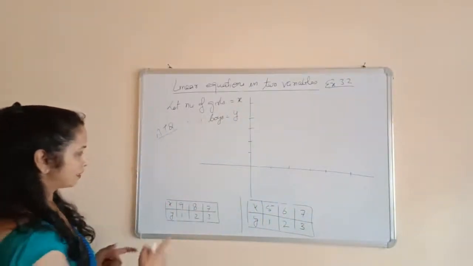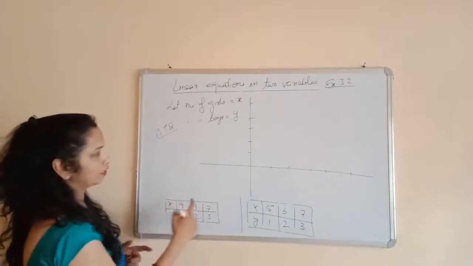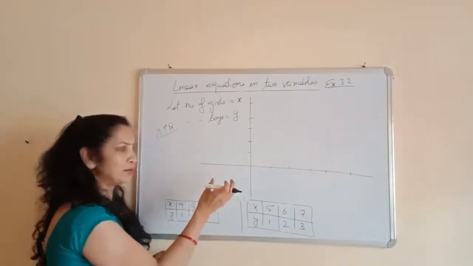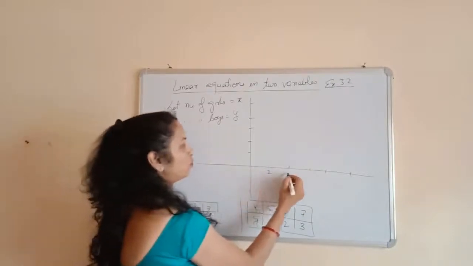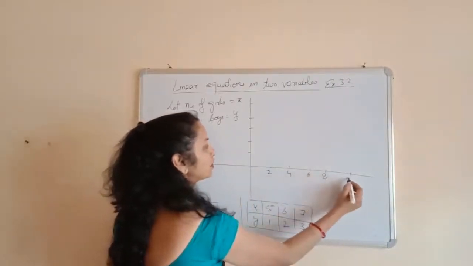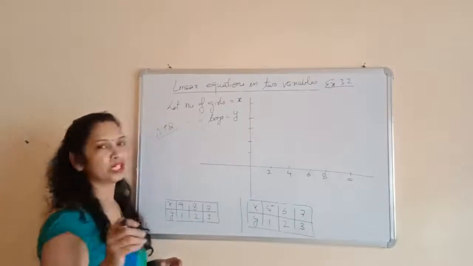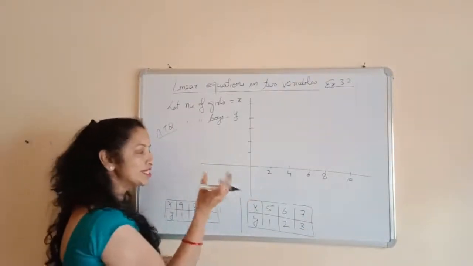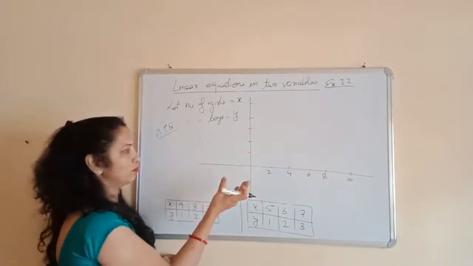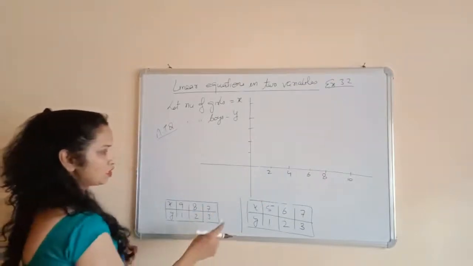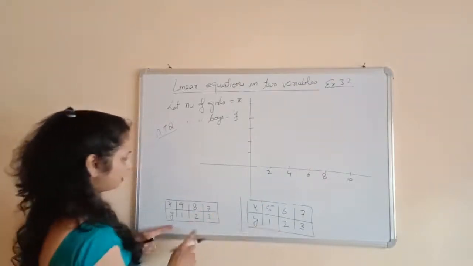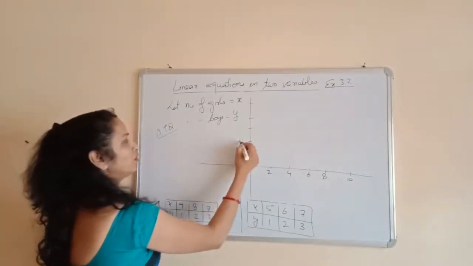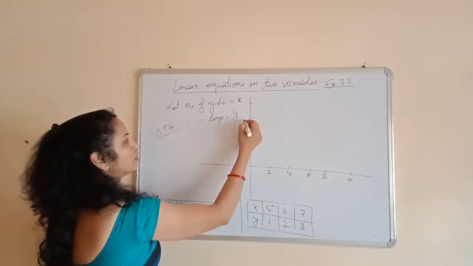So on the x-axis I need the value up to 9. So I think I can take 1 centimeter as 2 units. It means 2, 4, 6, 8, 10. It depends on your graph paper, then what scale will you use for drawing the graph. So on the y-axis, again I am also taking the difference as 2 units.